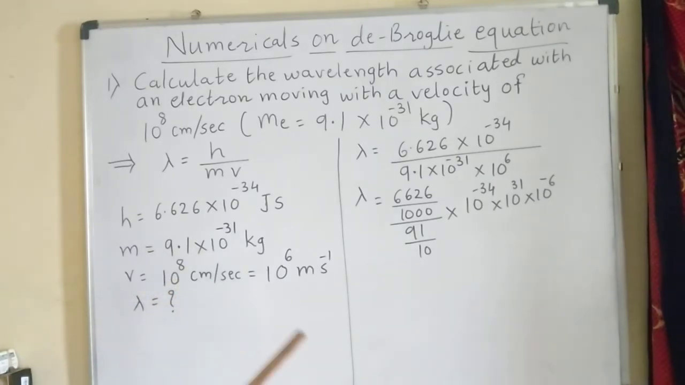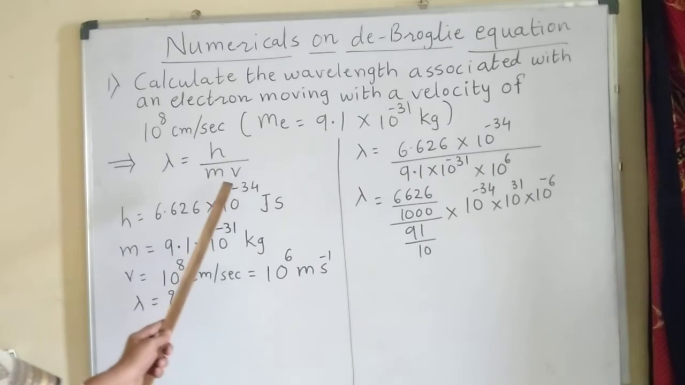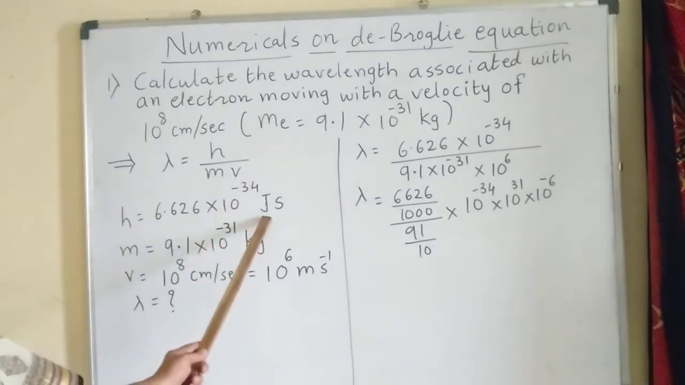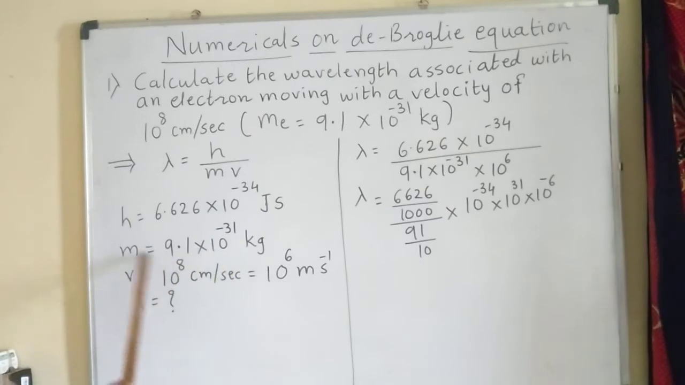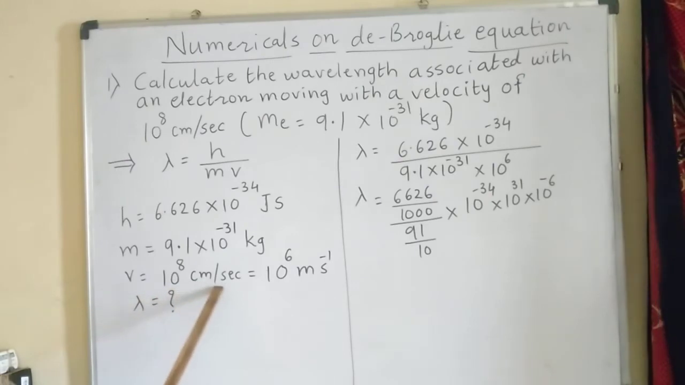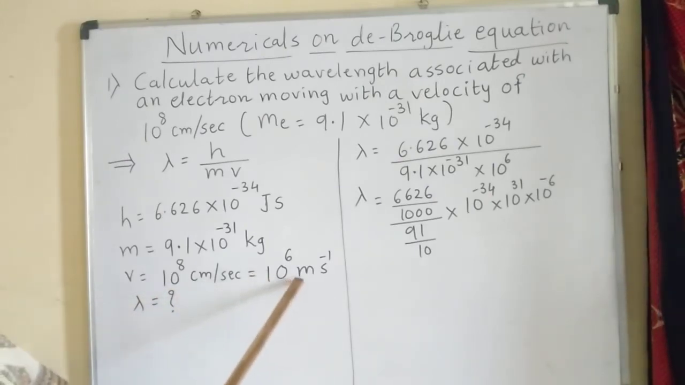Now see students, here we are going to use all SI units. So h value, that is Planck's constant value, is also given in the unit joule second. Mass of electron is given in unit kg. So here the velocity 10 raised to 8 centimeter per second also we have to convert in SI unit meter